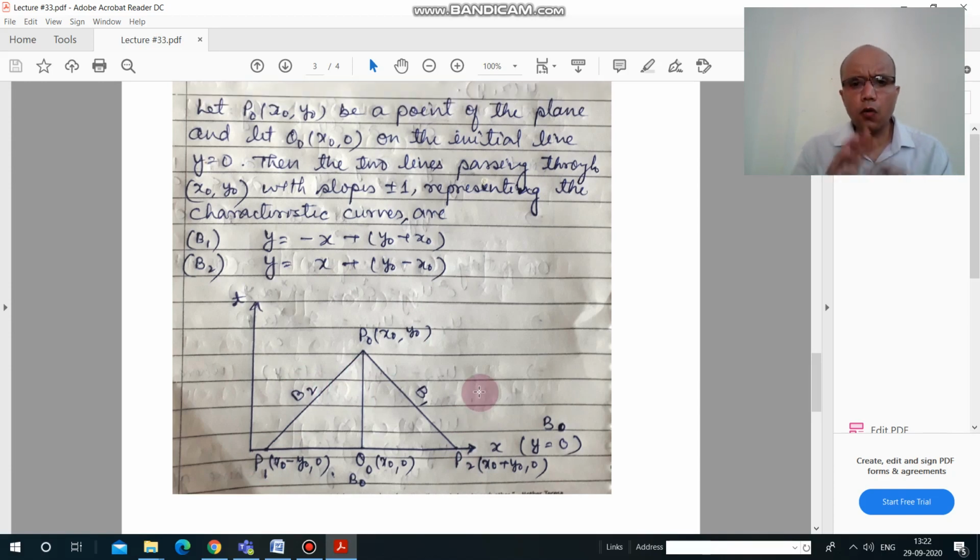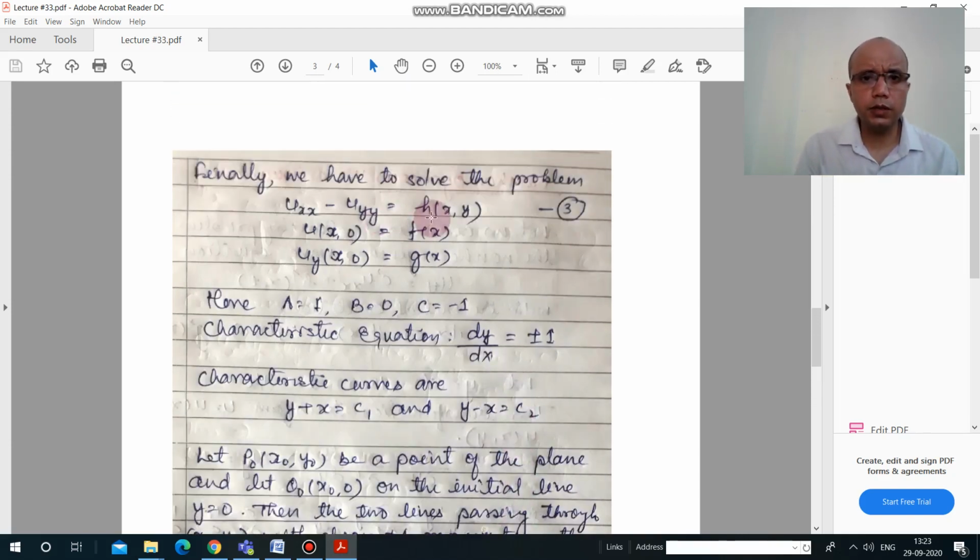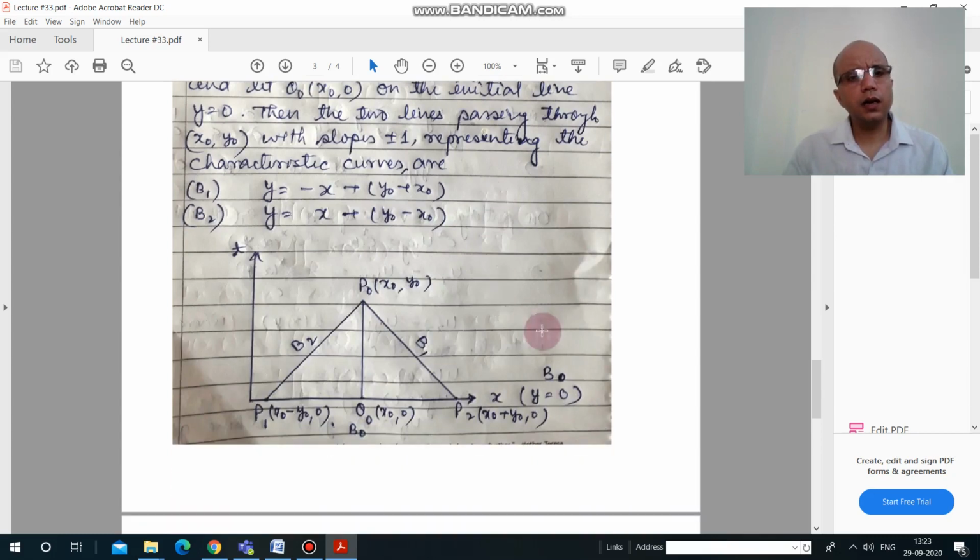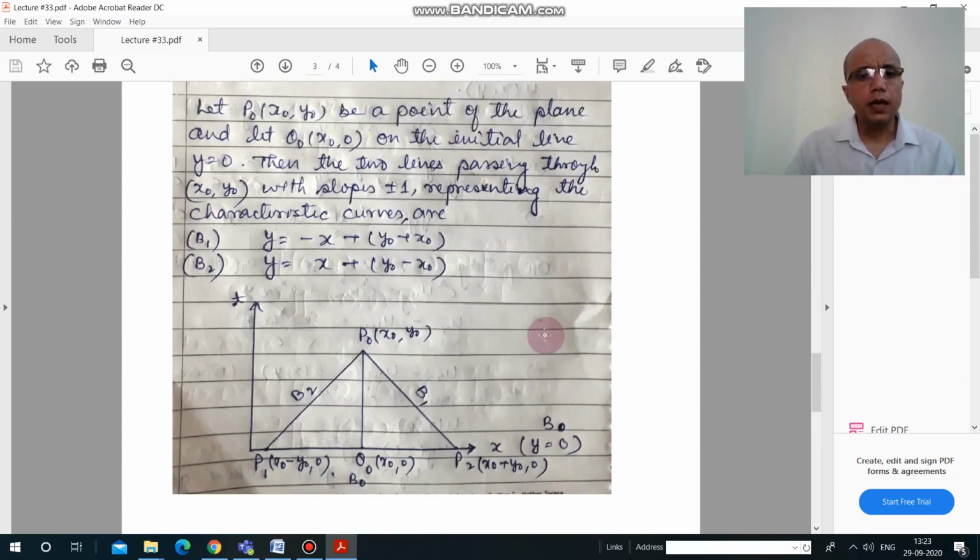Now look at this. There is a point, an arbitrary point, and this is one characteristic curve, this is another characteristic curve, and this is the boundary y equal to 0, denoted by, suppose, b0. So finally one region is formed by this triangle P0, P1 and P2, and these sides are straight lines. This one is b1, another is b2 and b0. So to solve this equation within this region R, now we can apply Green's theorem, and I will tell you about this in the next lecture.